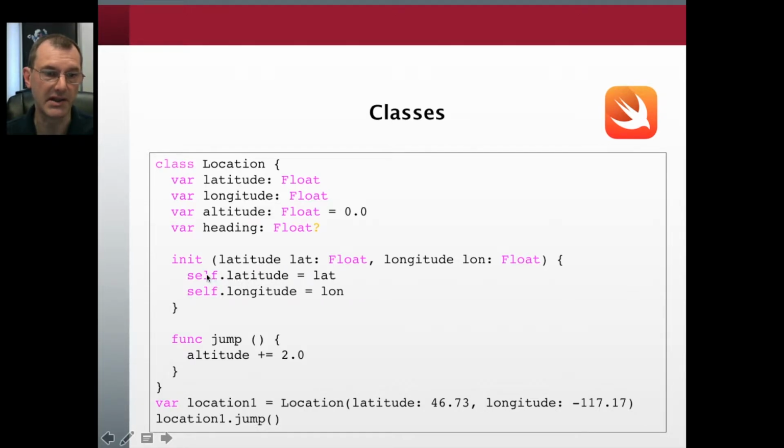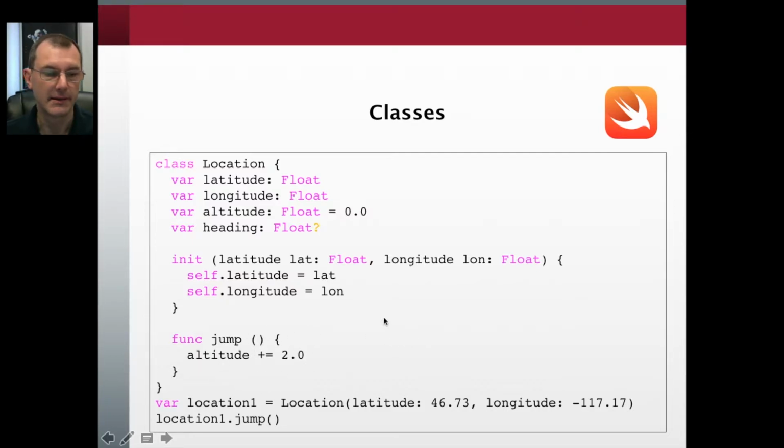So this is the class variable latitude being set to whatever the first argument is, referenced by lat, and then this is the internal class longitude variable set to long. In addition to this initializer, and we can have several initializers for different types of things we pass in, we can also set the methods